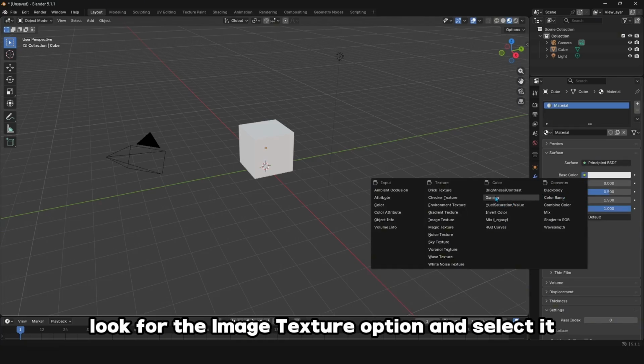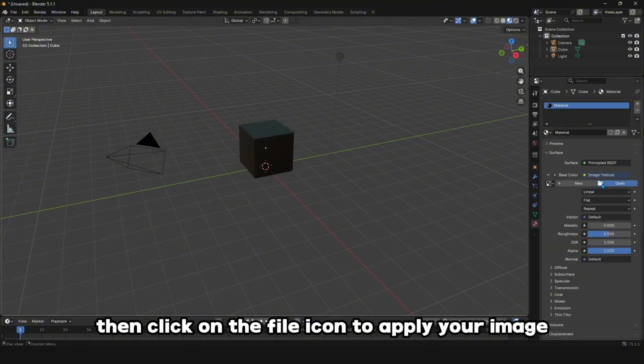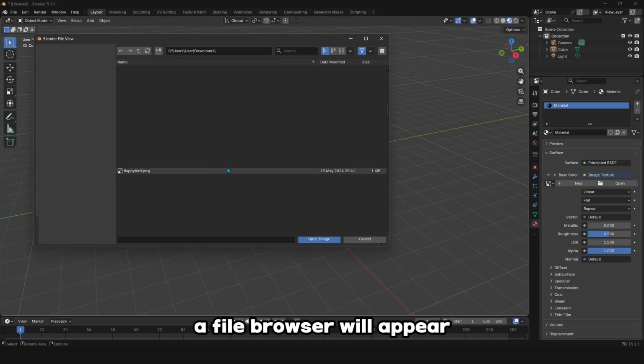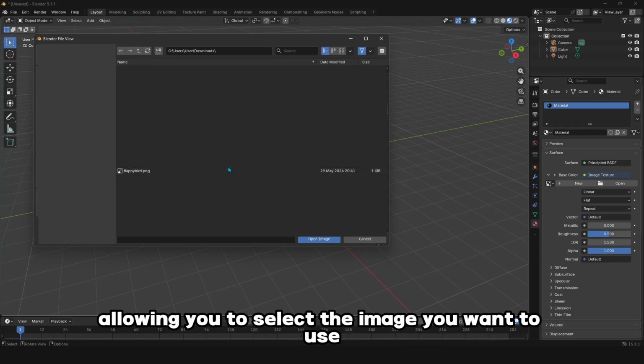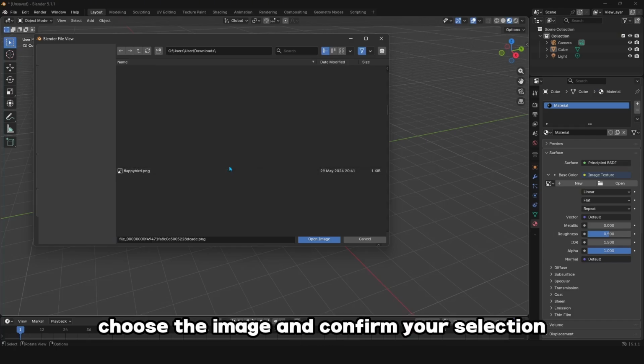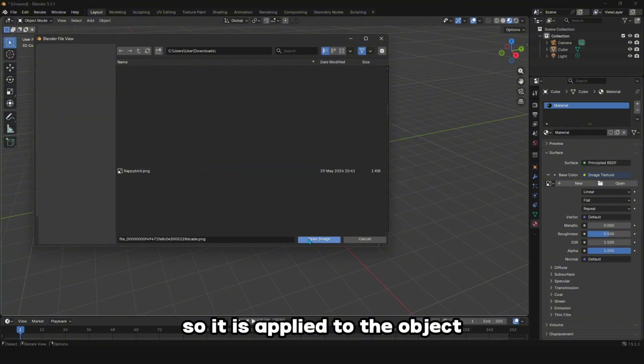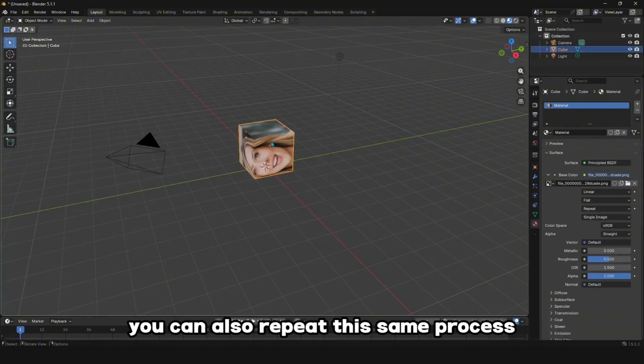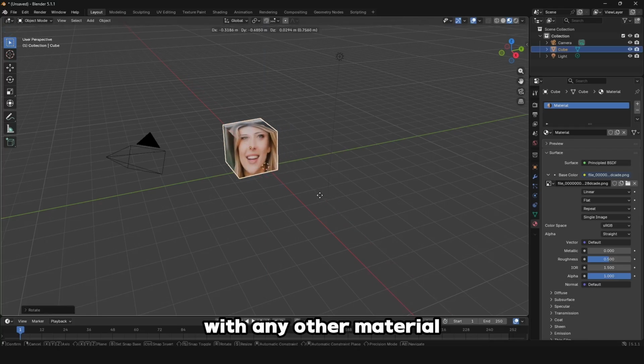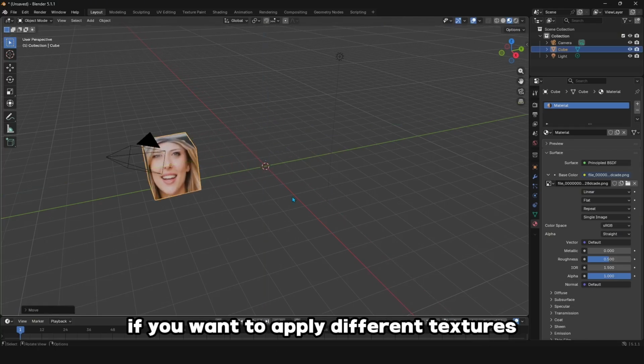From there, look for the image texture option and select it. Then, click on the file icon to apply your image. A file browser will appear, allowing you to select the image you want to use. Choose the image and confirm your selection so it is applied to the object. You can also repeat this same process with any other material if you want to apply different textures to different